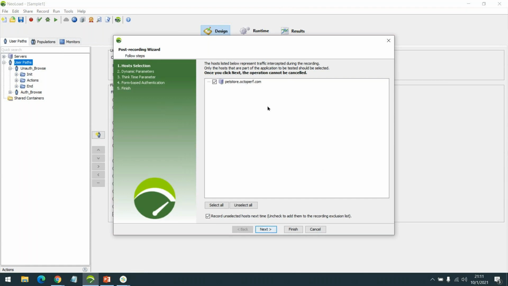Ideally in real life examples, we will get a series of hosts like gstatic, maybe social media handles like Twitter, Facebook, all these extra things, maybe maps, Google Maps. All of those get recorded here. So we have to uncheck what is not required, and check only what is required. Here this is required, so I just leave it as it is. Here we usually select our application server detail only, correct? Right, you're right. Not others, only the application server.